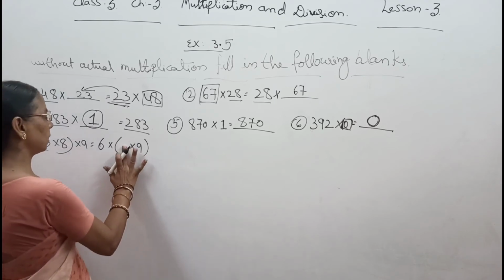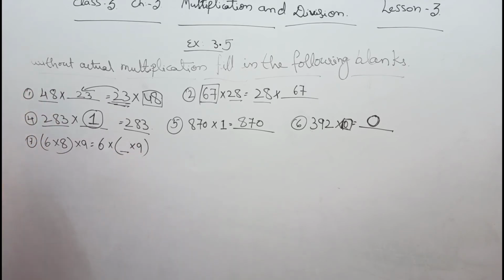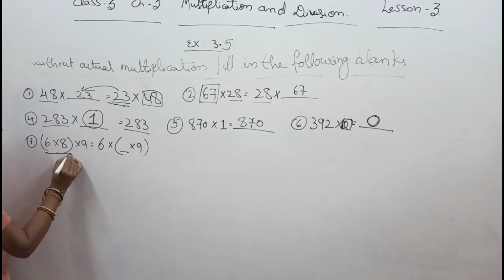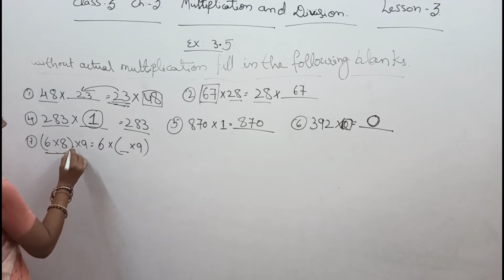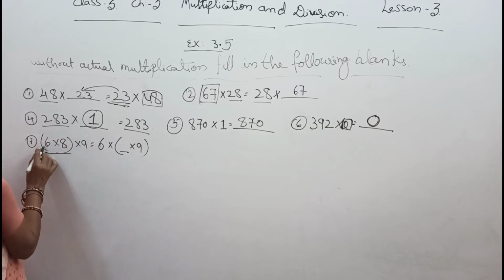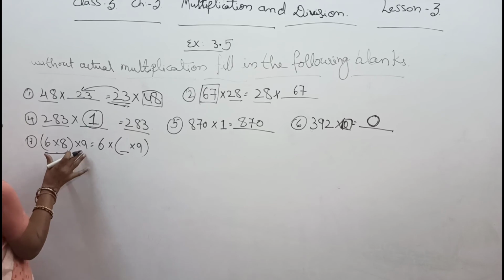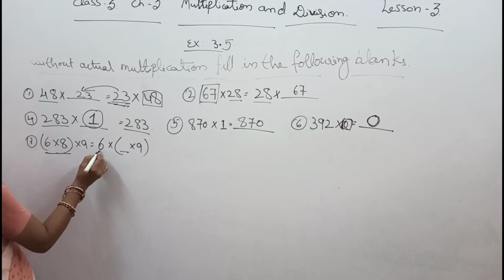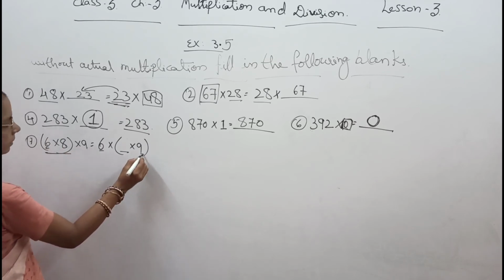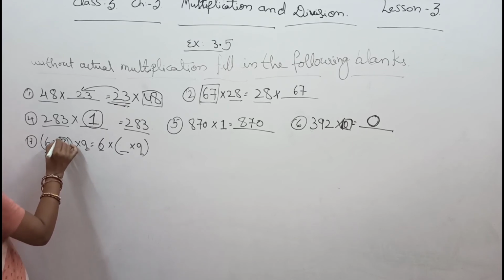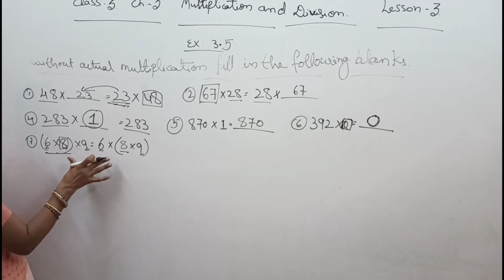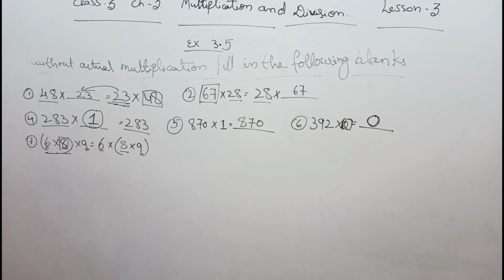Now here there is a dash, so now we have to see that it is based on the associative property. Here the association is: 6 is associative to 8 and 8 is associative to 6. If we multiply here, we get the same, and if we multiply here also, we get the same. So here 6 is given, then 9 is given, the remaining number is 8, so simply we have to write 8 here. This sum is based on the associative property of multiplication.